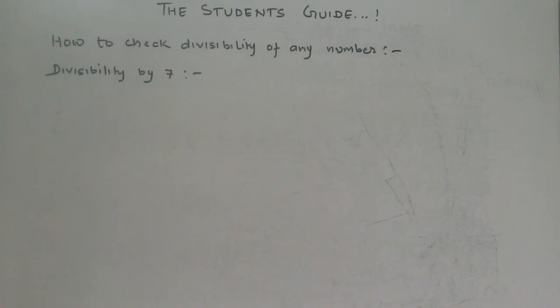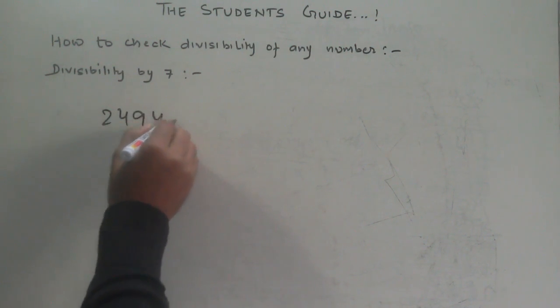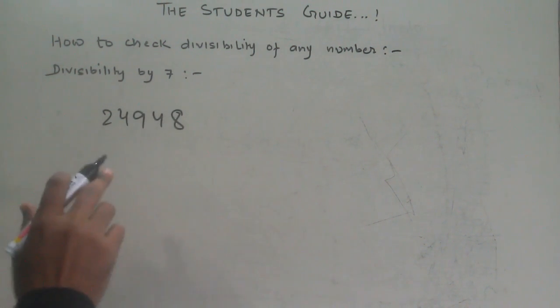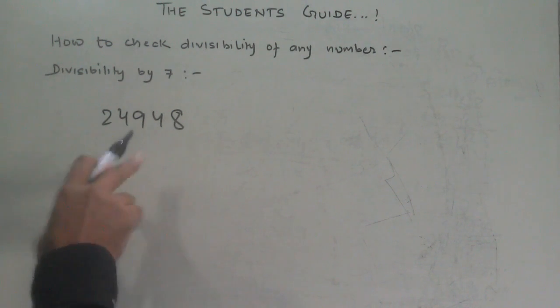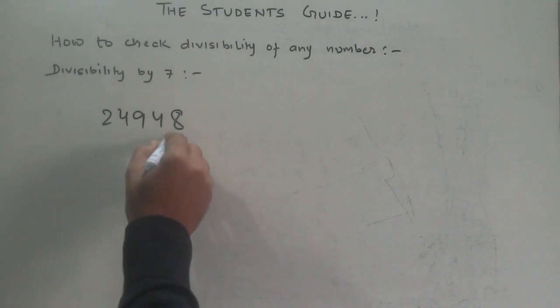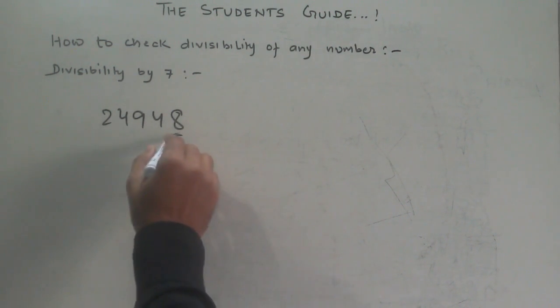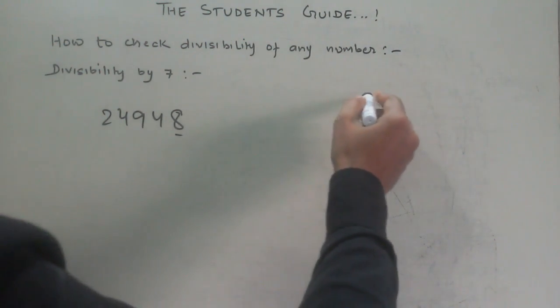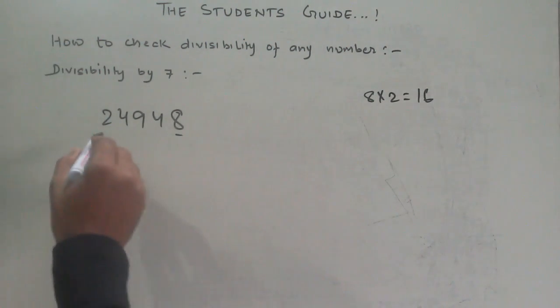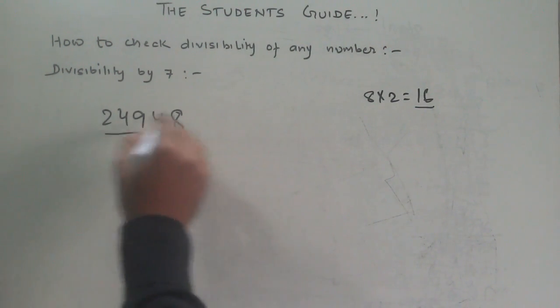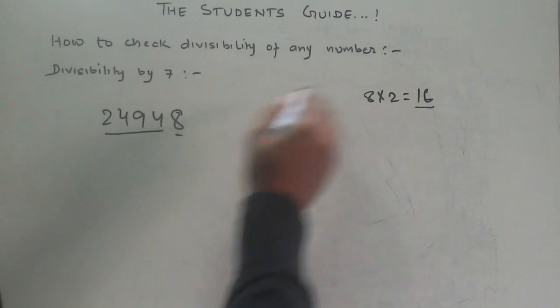Okay, let's take another example. Suppose we have this number 24948, and we have to find if this number is divisible by 7 or not. What we will do, we will just take the last digit of the number and multiply it by 2, like this. 8 into 2, what we got is 16, and then we will subtract this number from the rest of the digits. 2494 minus 16